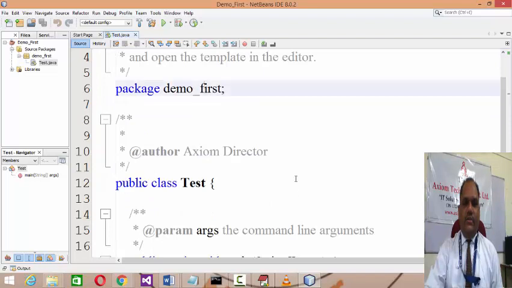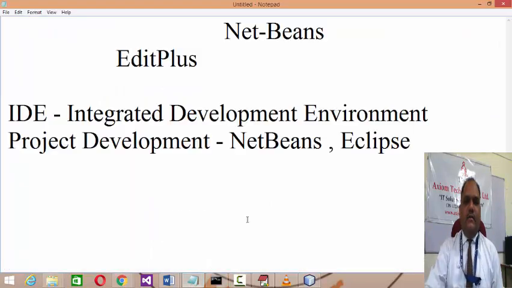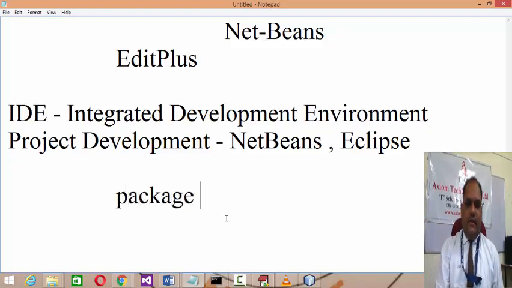Now, package Demo First. First of all, we need to understand what exactly a package means, because up till now in Java programs we write statements like import java.lang.*, import java.util.*, import java.io.*. These are the importing packages, where all the classes are stored in that particular package. So what is a package?